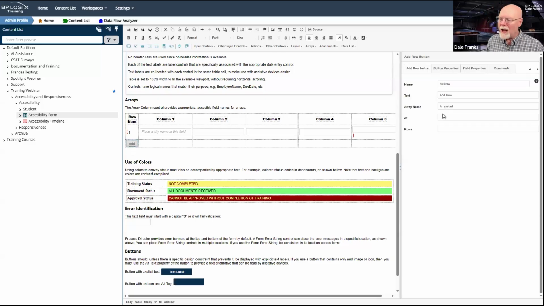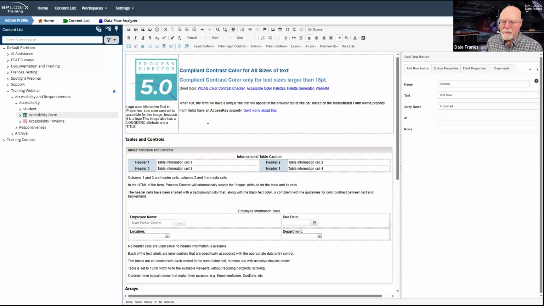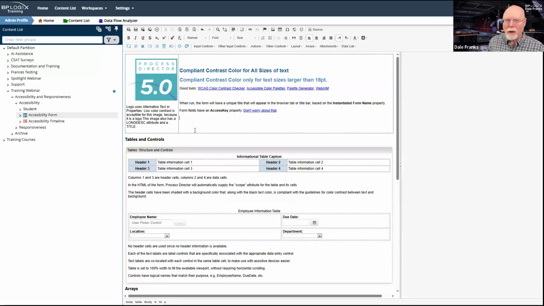So if we go to the add row button here, obviously it has its own text, add row, and in an assistive device, it will read that text right off of the button. So you'll be fine for that. So that alt is very important. Whenever you see alt tag or alt text, you need to fill it out, because what that's telling you is this control might need to be read by an assistive device. It needs some sort of text representation of what it is that we're seeing. In most cases, we think about this in terms of images, but you do need to also think about it in terms of buttons as well.